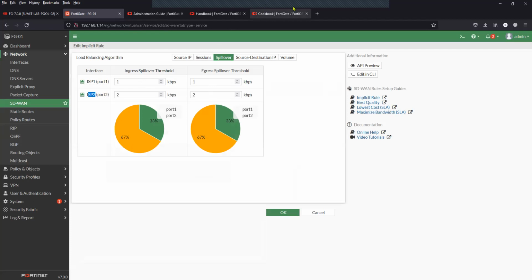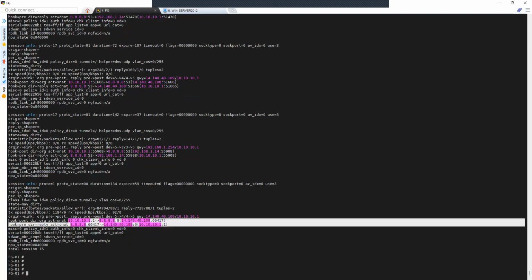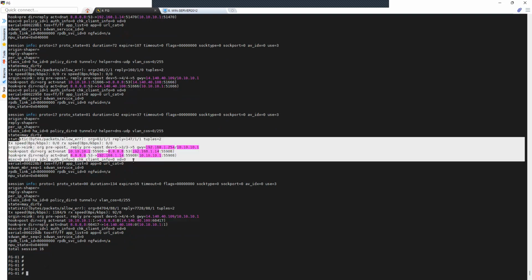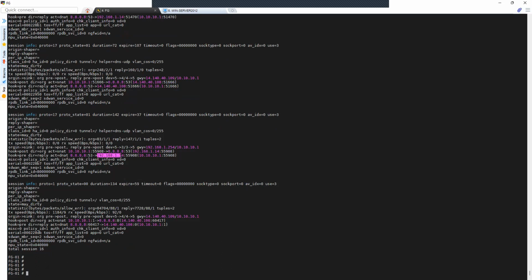And you can clearly see that the firewall is pushing the traffic out through ISP2 whenever there is any spillover. You can see here. So this is using ISP1, this is using ISP2, which confirms that our usage based or spillover based load balancing is working fine. Now comes the